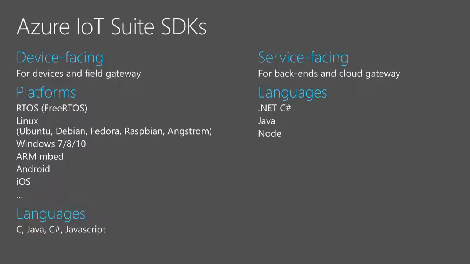We saw in the previous picture that the IoT Hub has effectively one face for the devices and another face for your back-end services. That is reflected in the SDKs that we provide. We're going to provide SDKs that are device-facing for devices and field gateways, and SDKs that are service-facing for backends and cloud gateways. The functionality will be different, but overlapping in some cases, but mostly we're going to target different platforms, and we're going to provide it in different shapes, so that they can be deployed